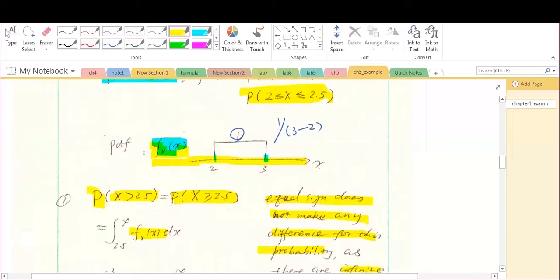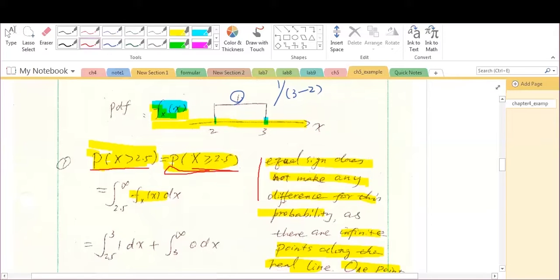So next, let's look at this probability. We want to find out the probability of x greater than 2.5. And I want to point out that this probability is actually equal to the probability of x greater or equal to 2.5. The only difference from the left-hand side to the right-hand side is just one point, the equal sign of 2.5. I want to emphasize that this equal sign does not make any difference in this probability